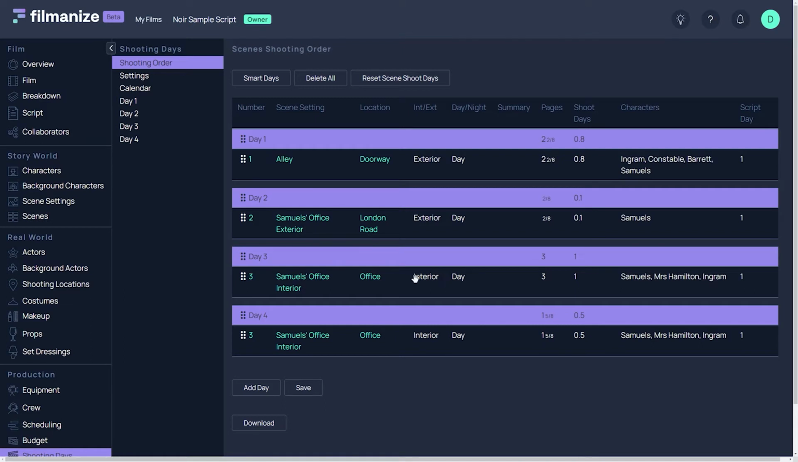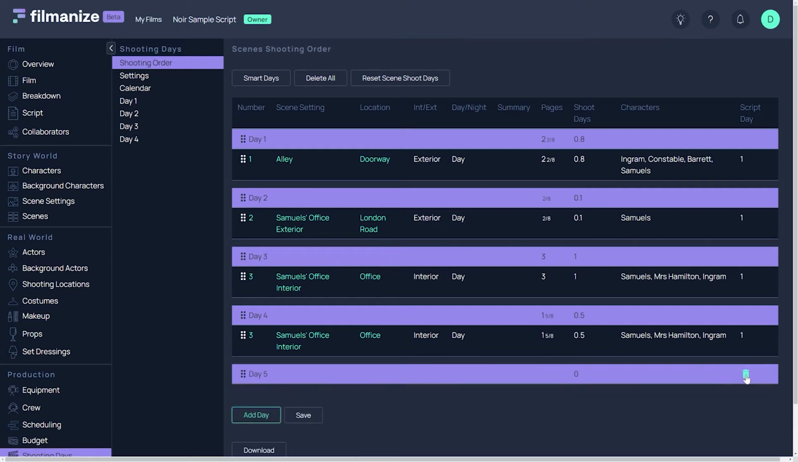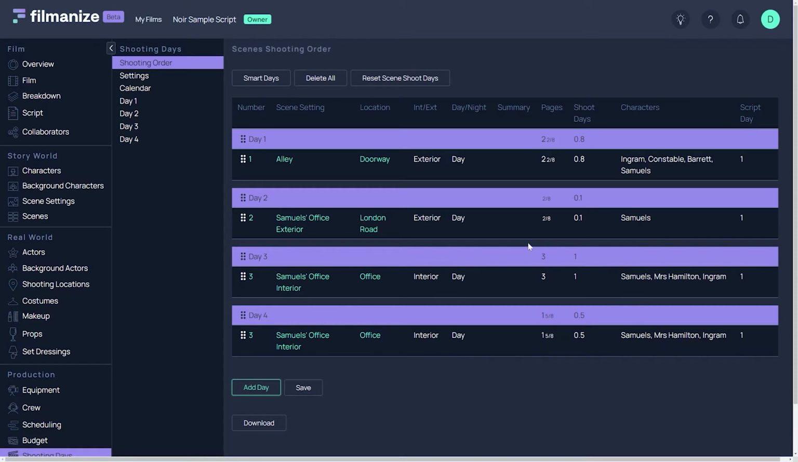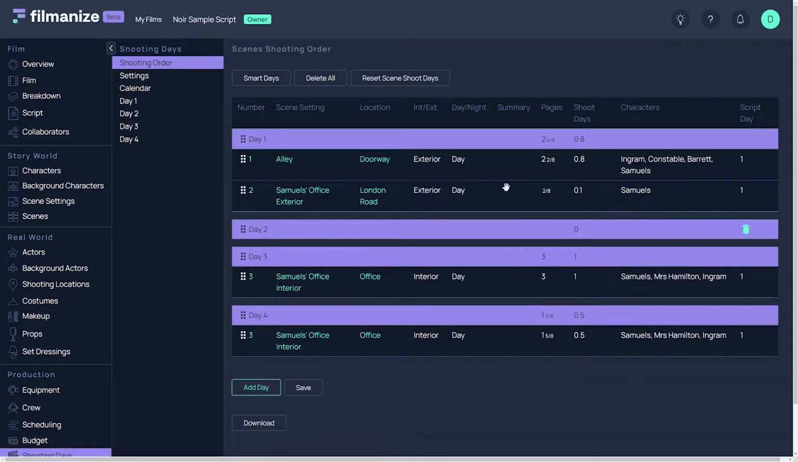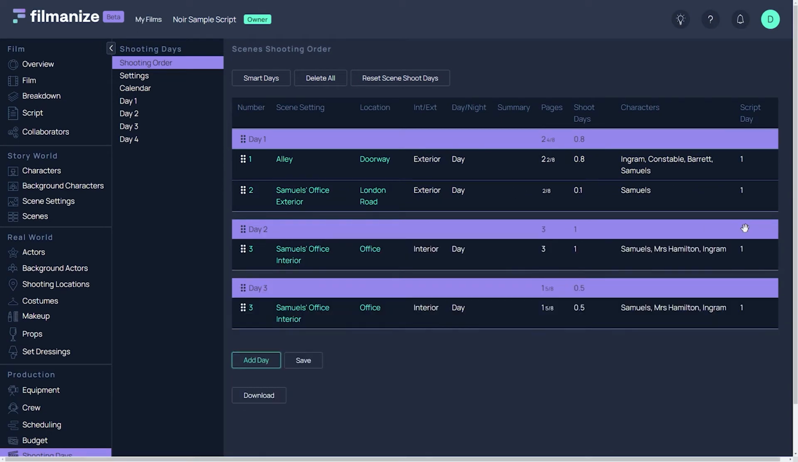You can add days if you think the shoot will take longer than Filmanize has calculated. If you think it will take fewer days, then you can remove all scenes out of a day and then delete it. You can create the shooting schedule without locations, but it works best if you have assigned locations to